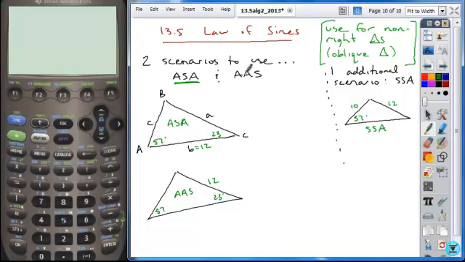You recognize these from geometry? They're called congruence patterns. There are two other congruence patterns besides these two. Side-side-side is one. Angle-angle-angle is a similarity pattern. So there's SSS, and